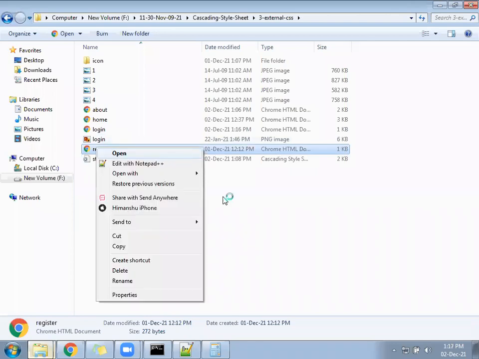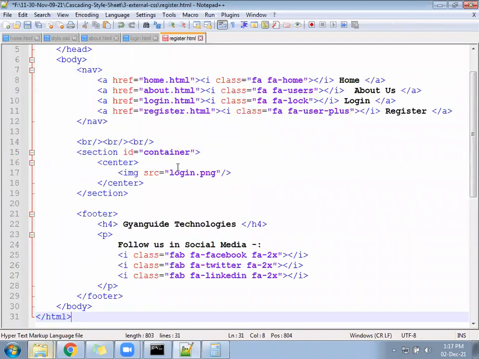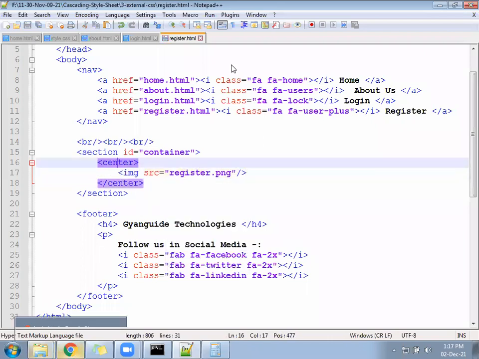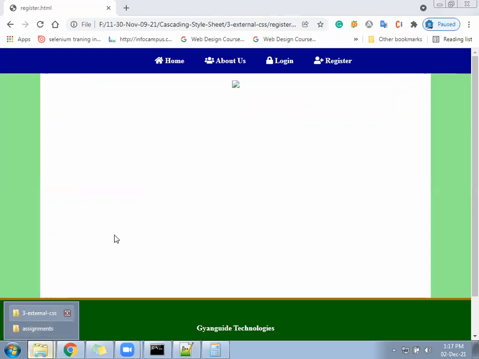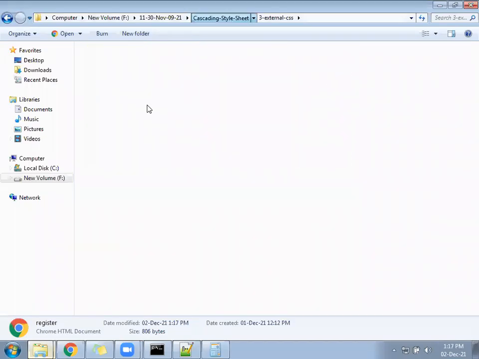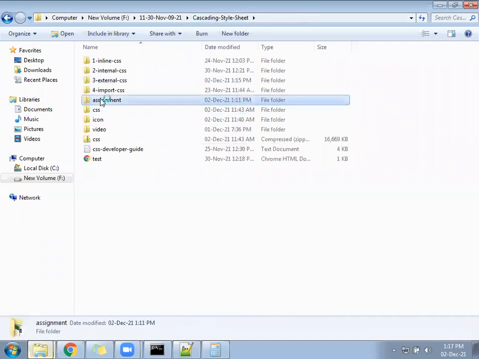Register.html, the file name. I have kept only one here, I need to call the second also.